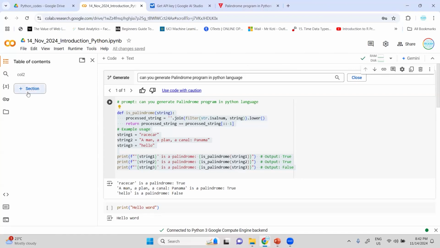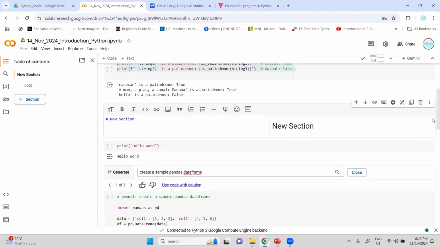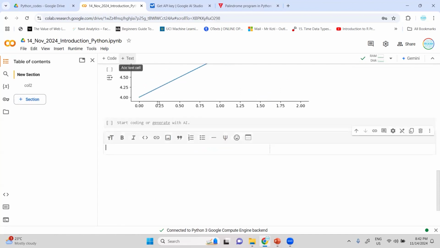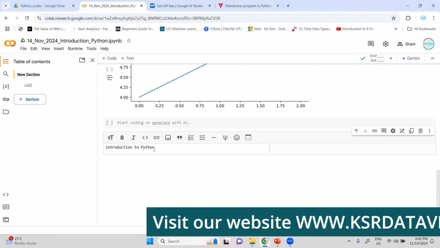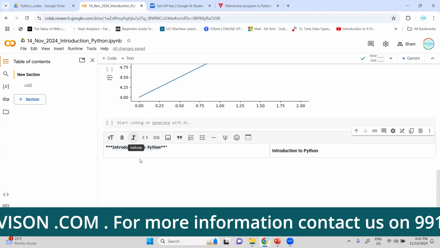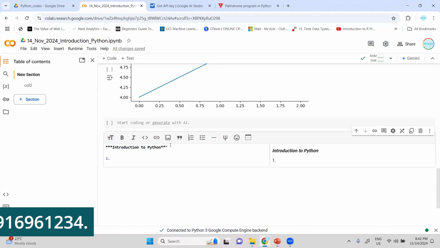For example, here you can write a new section. Let's say I want to write about something here, let's take it at the end: Introduction to Python. Let's say I'm writing the text, Introduction to Python. You want to make it bold, you want to make it italic, right? Introduction to Python, free,